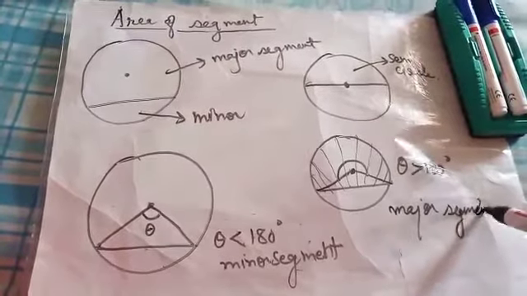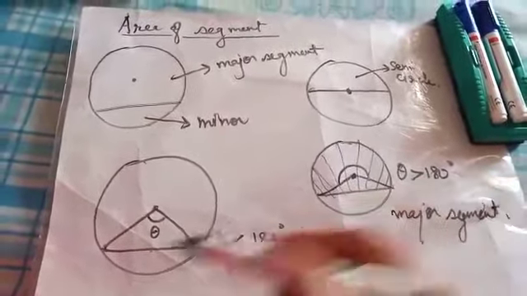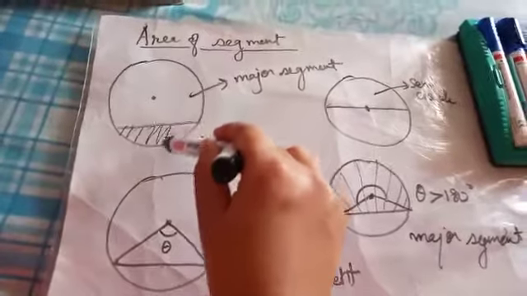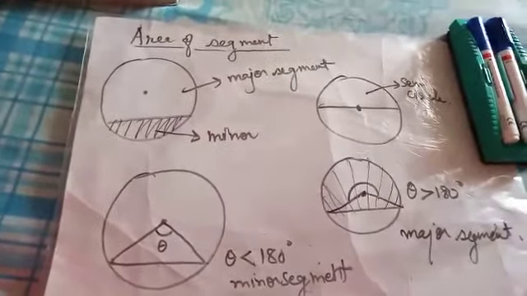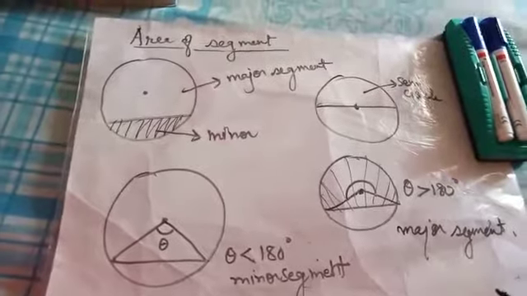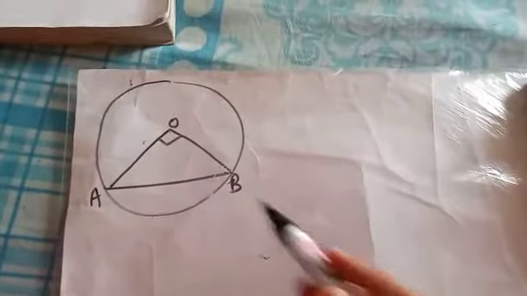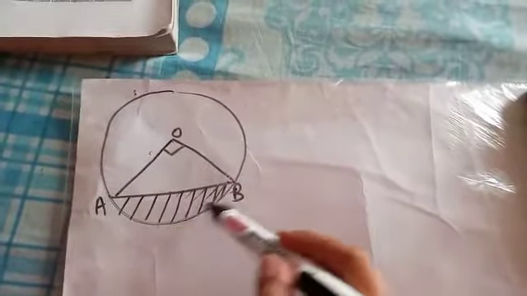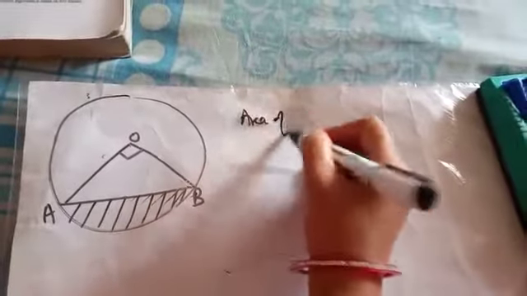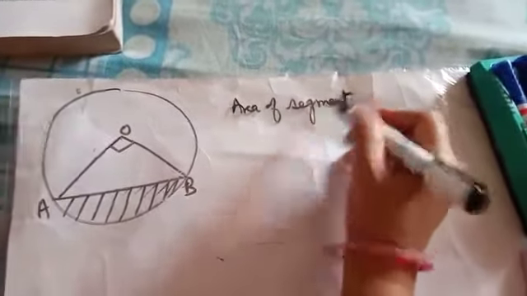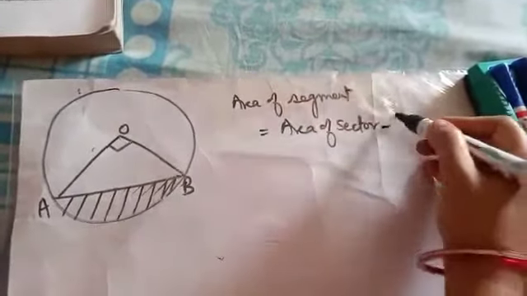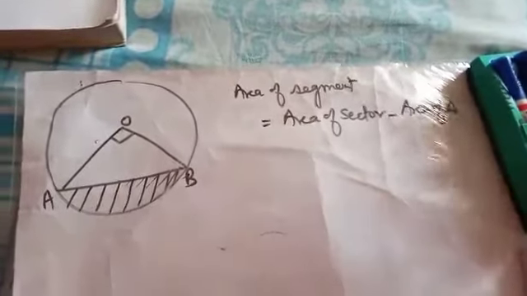Now what else we need to understand? We need to find out the area of this major or minor segment. If someone asks me to tell the area of the minor segment, then I have to tell the area of this portion, provided the radius and the central angle, so that we'll understand. Now suppose if I have to find out the area of this portion, minor segment, then what will I do? I will find out the area of sector minus the area of triangle. So I can write the basic formula: area of segment is area of sector minus area of triangle, right? So this is the formula.